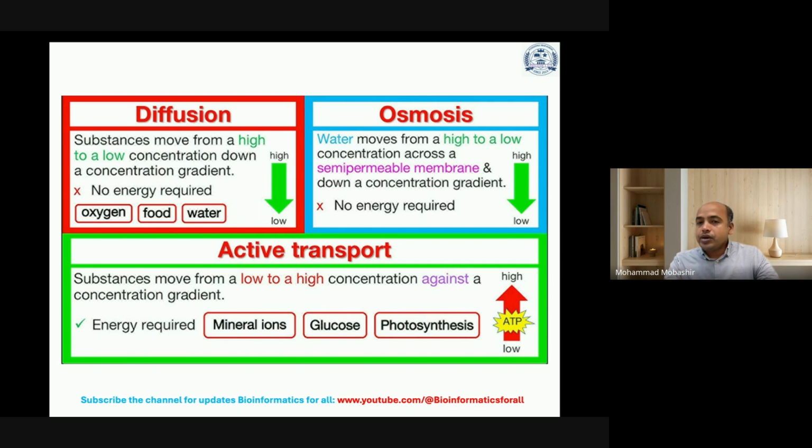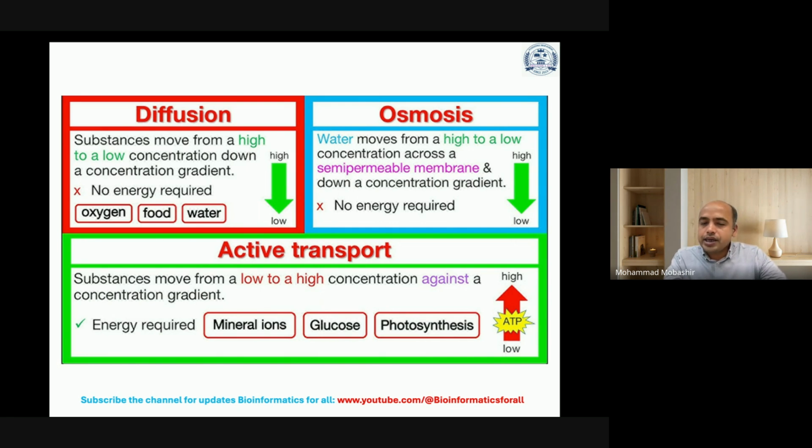And again, no energy is required. In active transport, substances move from low to high concentration, against a concentration gradient. Energy is required, and it involves mineral ions, glucose, photosynthesis, and some more things which we will be seeing